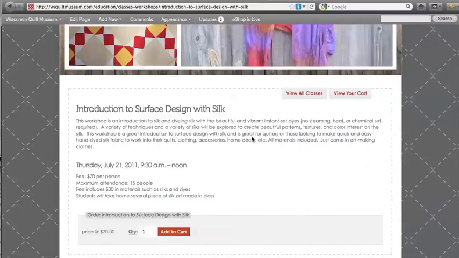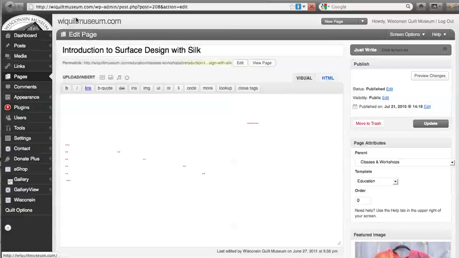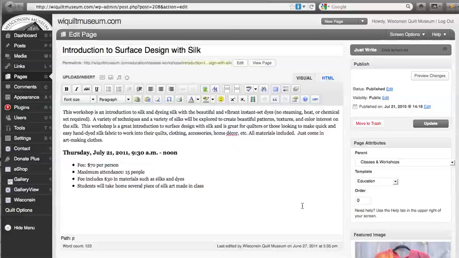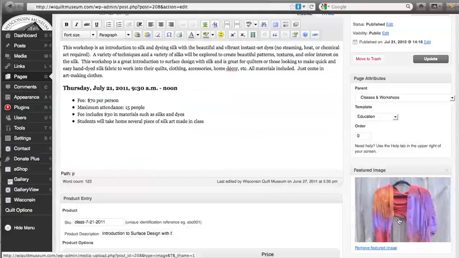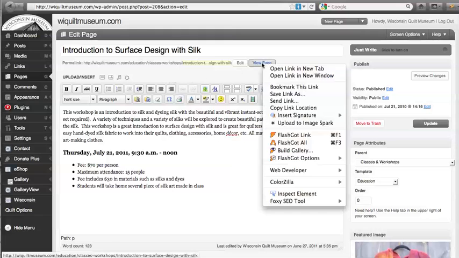So I just wanted to show you how you actually do this. So I'm already logged in. Click Edit Page, go directly to that page, set my featured image here, set the text, the fee. Now, what I like to do, this particular page will show you